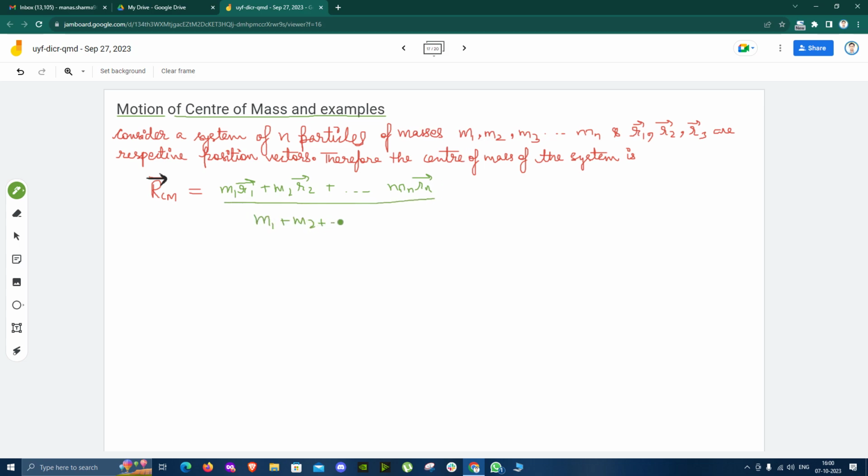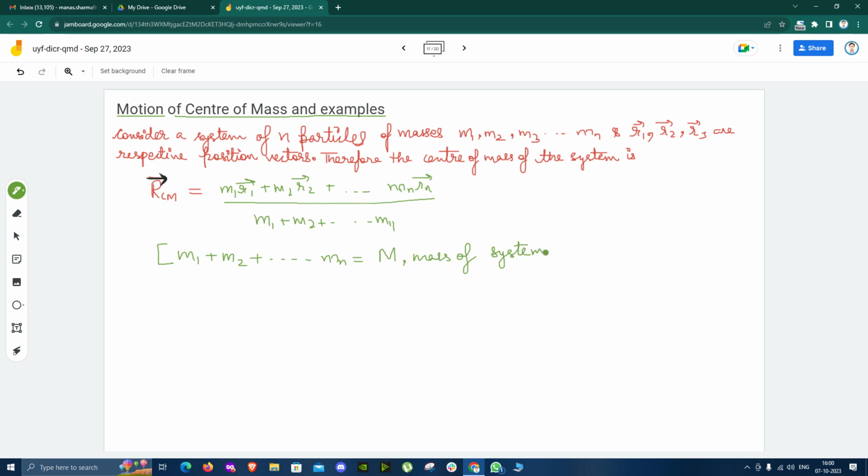डिवाइडेड बाय सभी मासेस का सम, M1 प्लस M2 प्लस ऑन Mn तक। इसे हम ऐसे भी लिख सकते हैं कि जो आपका M1 प्लस M2 प्लस M3 है, ये सभी मासेस का सम, पूरे सिस्टम के मास, जितने भी पार्टिकल्स हैं पूरे सिस्टम में, उनका सबका अगर हम सम करें सो वो पूरा जो सिस्टम है उसका मास हम मान लेते हैं कैपिटल M में। ये रहा हमारा मास ऑफ सिस्टम।